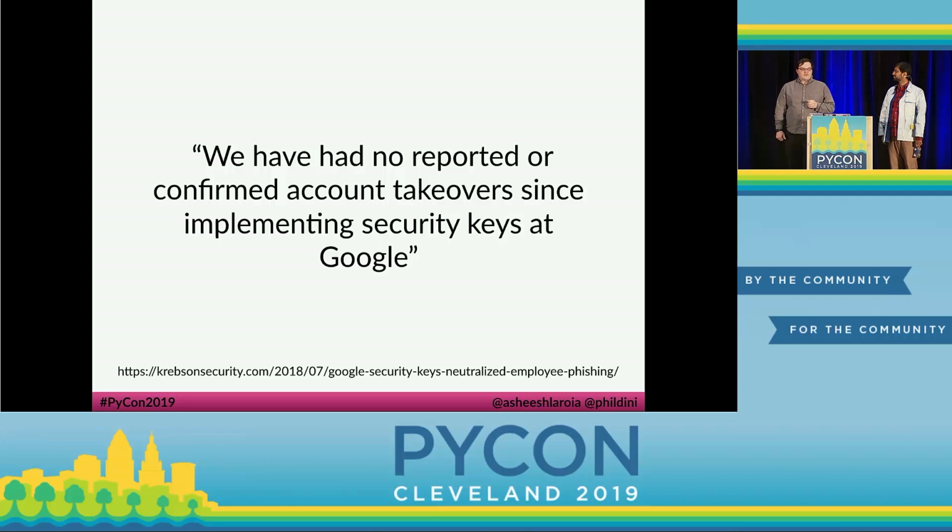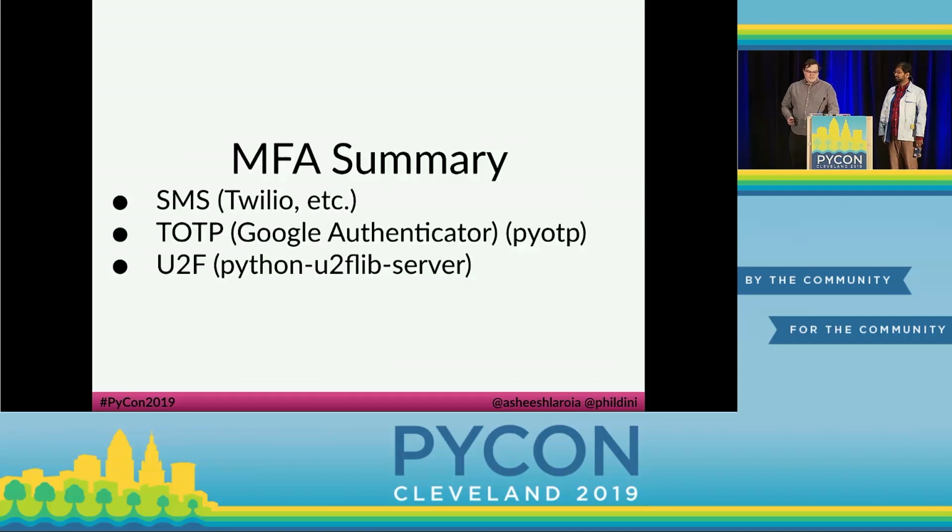Setting up U2F involves creating a certificate, so it's a bit more hassle than TOTP, which is the app-based method, but it's still pretty doable. Also, your users have to buy a security key, or you have to send them one, so you'll have to take that into consideration. At this point, I'm just going to give you a list of resources. You can write these down if you want, but we'll also be posting the slides online. U2F is the coolest, and it's resistant to phishing, but it requires your users to buy a little hardware token or you to buy one for them. Two-factor authentication is one way to secure accounts, even if the password isn't super secure. Asheesh will now talk about another way.